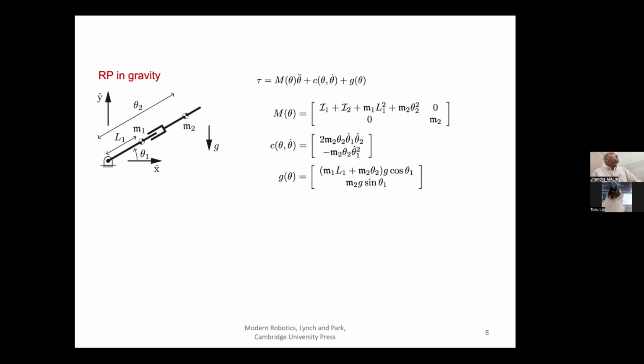What is M of theta? M of theta is some matrix. The M is supposed to tell you that it's about masses. So it's the mass in some form, right? It's the inertia part. What is theta double dot? Well, that's the second order